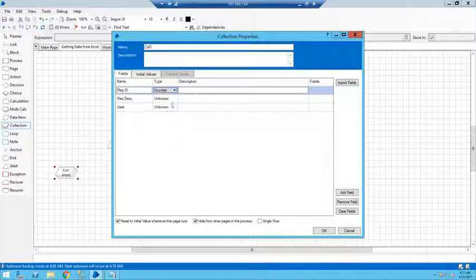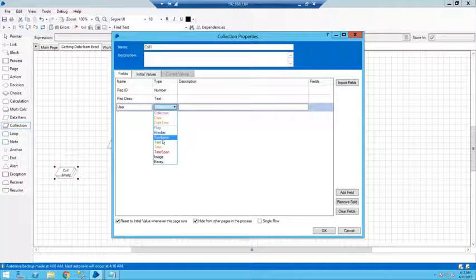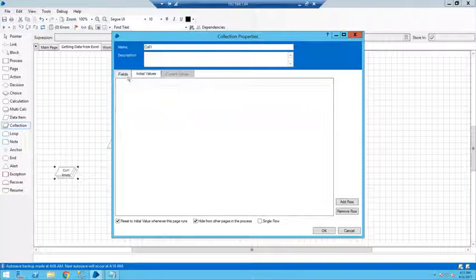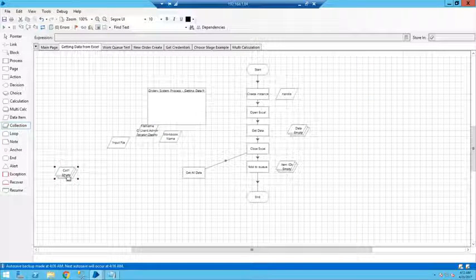So request ID I'm taking as number, request text, user as text. So you have to create these fields. Okay. And you can even provide some initial values here. If you are not providing them from here, then what you can do